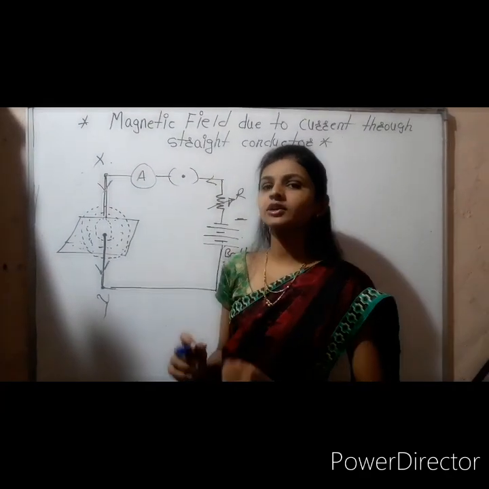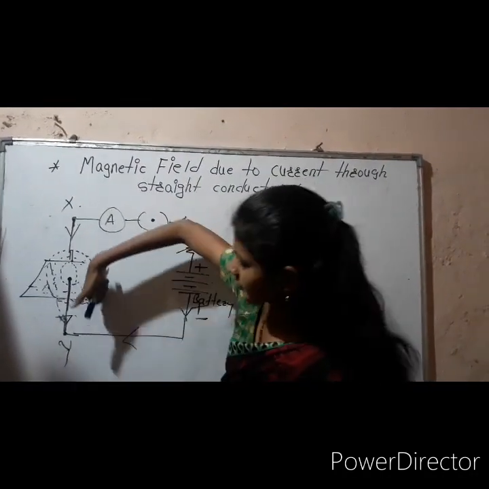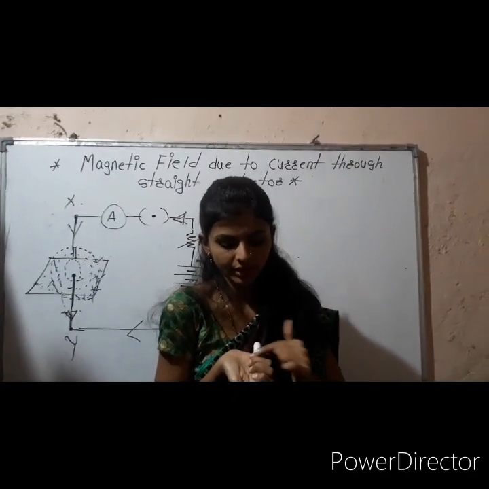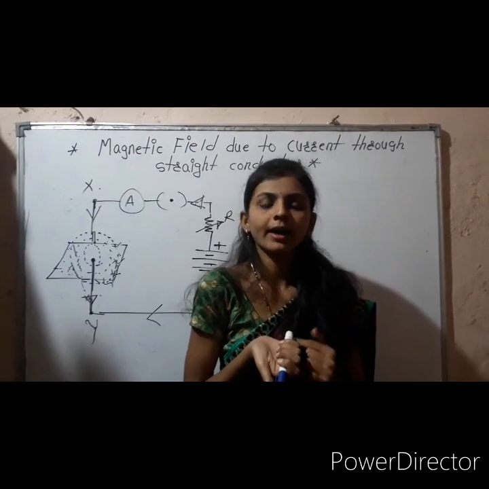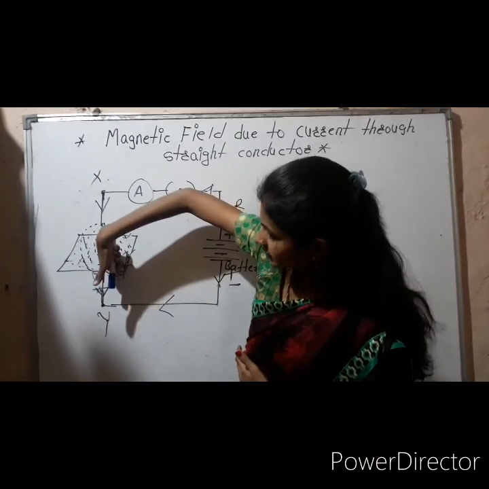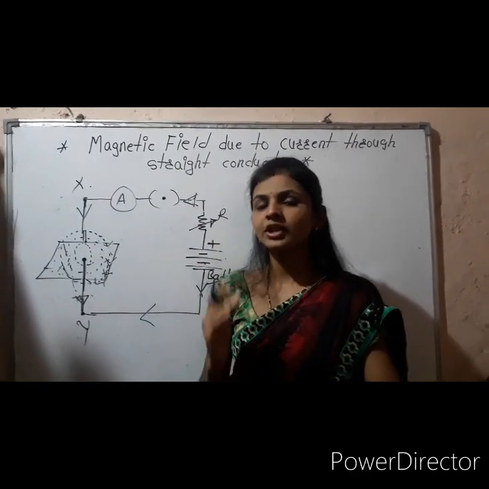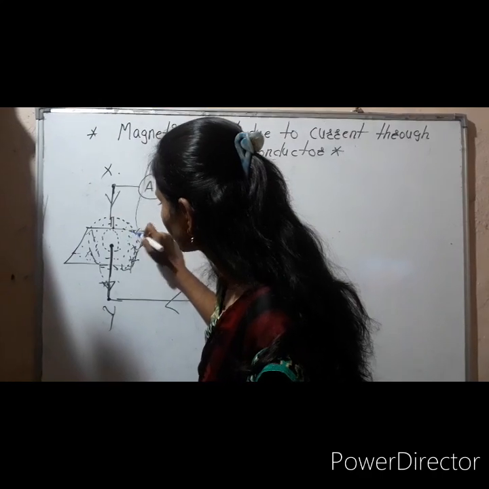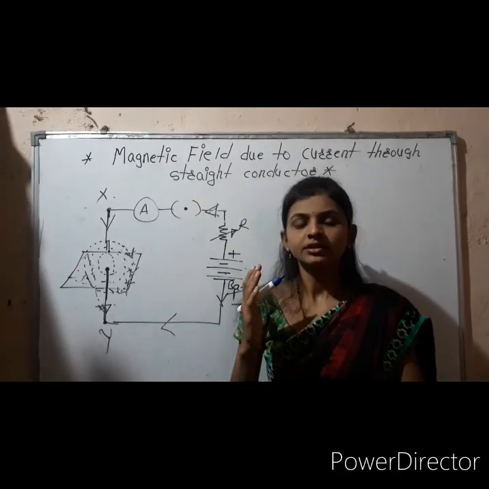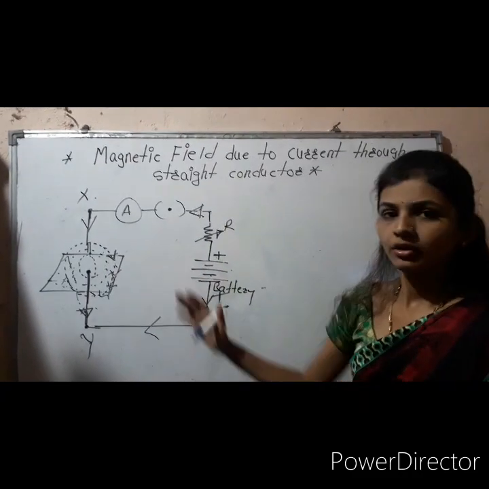So whenever the current is flowing from upward to downward direction, you can show it like this way also. This thumb indicates the direction of the current and the fingers around the conductor indicate the direction of the magnetic field produced around it. So the direction of the current is downward, and the fingers around it show the direction of the magnetic field. It means that downward current shows the direction of magnetic field in a clockwise direction. Once again keep in your mind, whenever the current is showing the downward direction, the magnetic field produced around it shows the direction in clockwise direction.